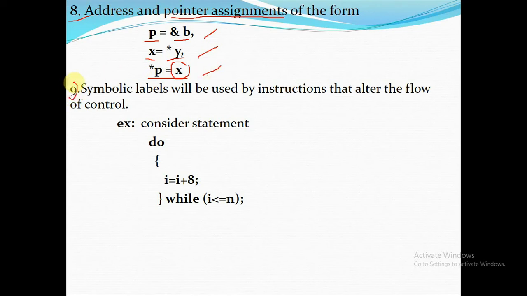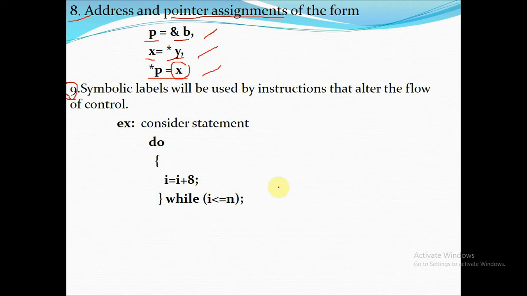Next, last one. We can translate control statements like if statements, switch case statements, and loop statements into 3-address code. For example, take the do while loop. A do while loop is an exit control loop. That means first we will execute the body of the loop. After that we will check the condition. If the condition is true, then the body of the loop is repeated again.